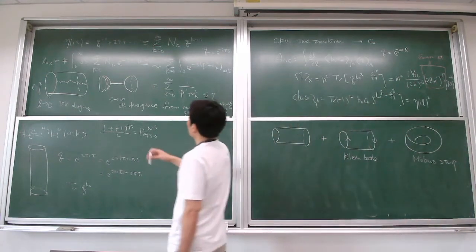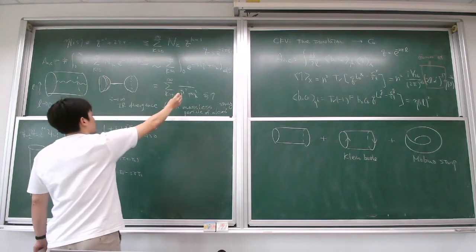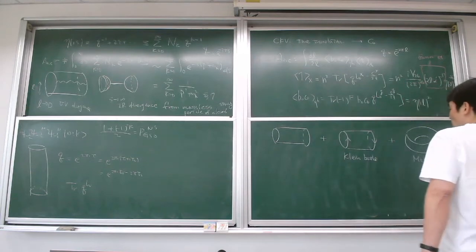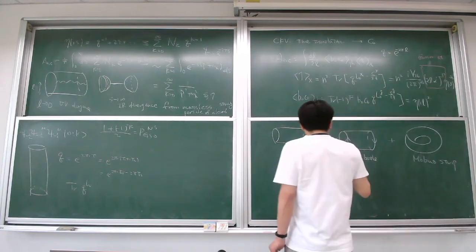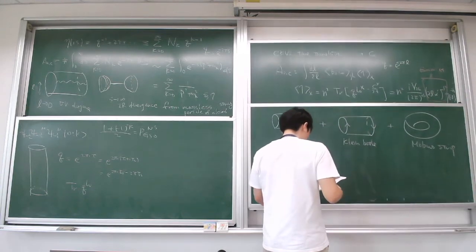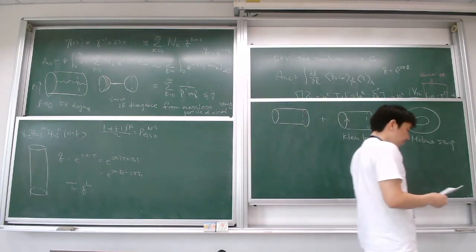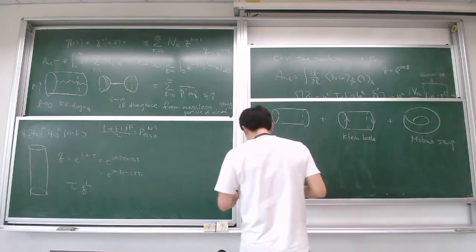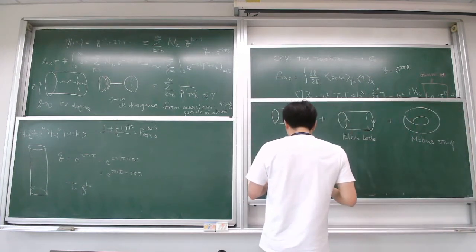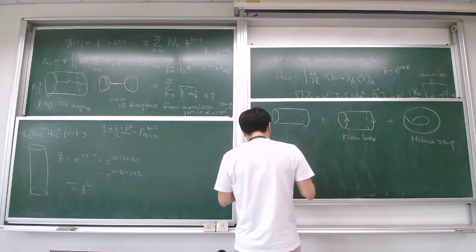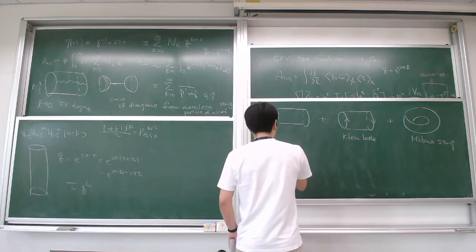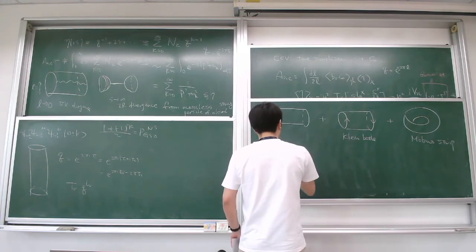So now, we have some divergence in the amplitude, and we want to cancel it. That's what we're going to do. And to cancel it, we consider the Klein bottle and the Möbius strip. So let's do the Klein bottle. As I draw, this is something like